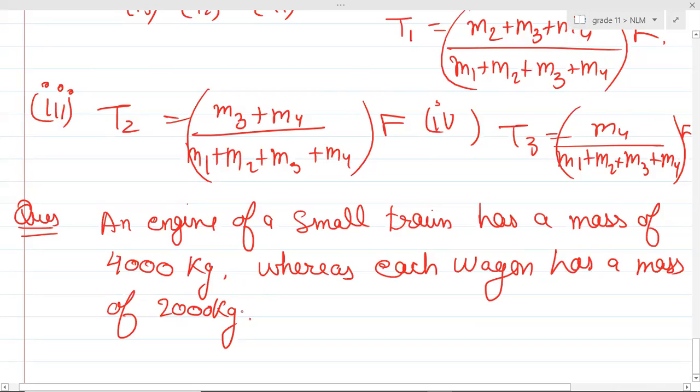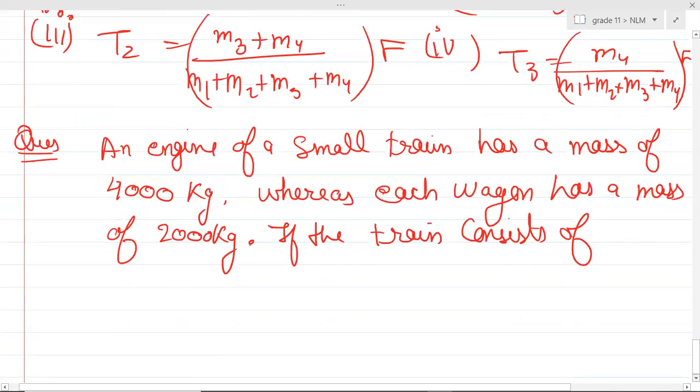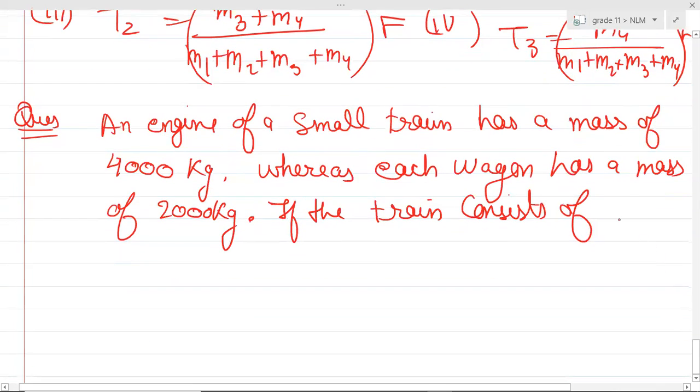Now the question is, if the train consists of one engine and four wagons,